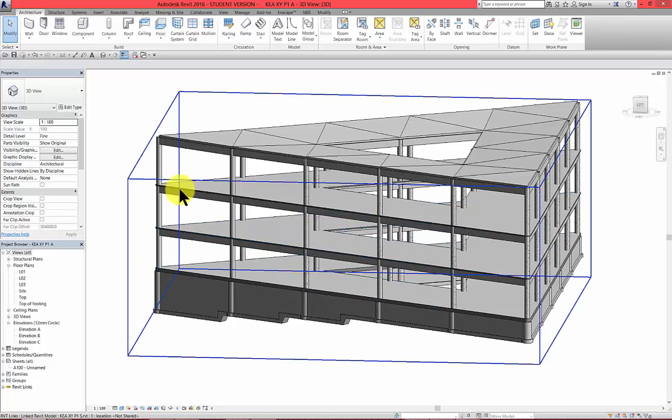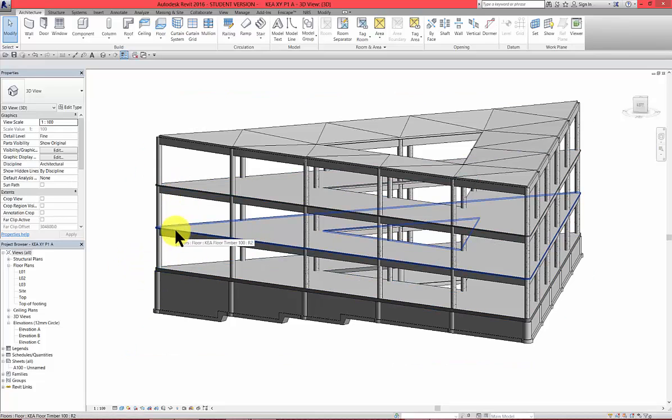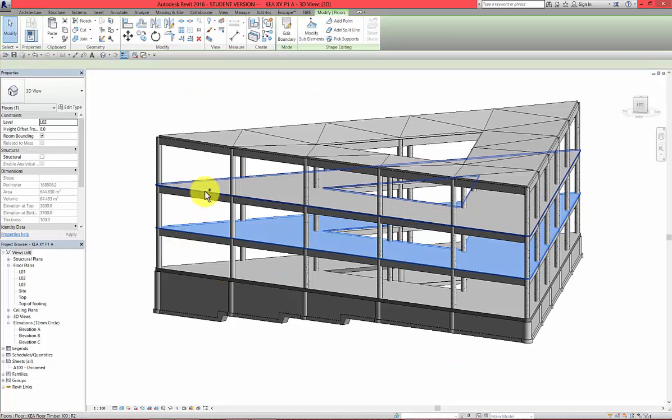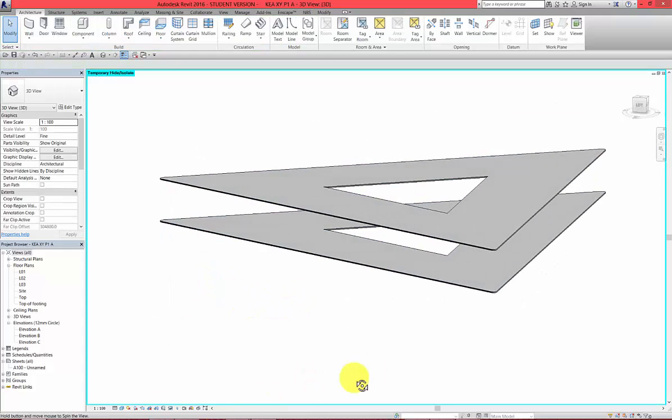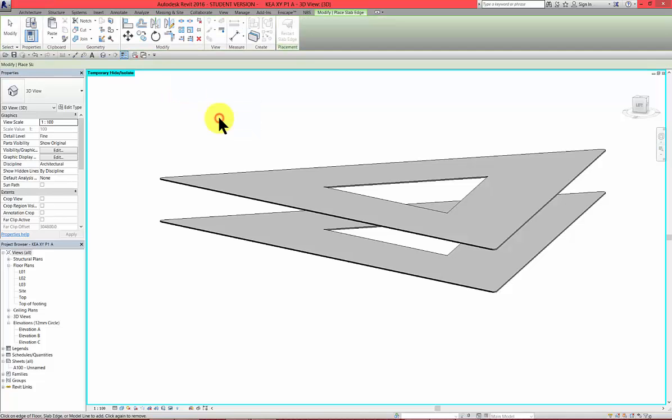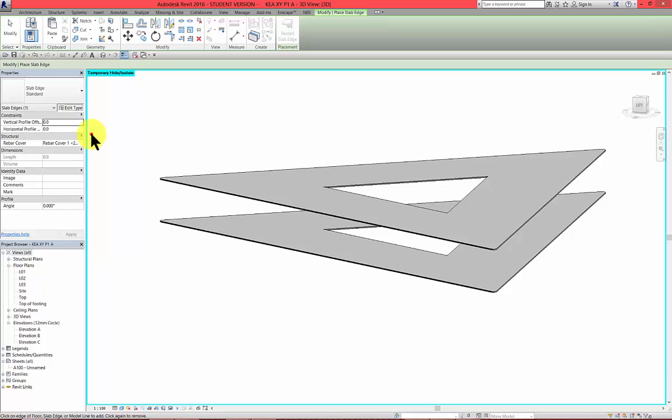That profile is just for this floor and that floor. So what we can do is select this floor and this one, and then press HI to isolate it, left click in empty space, then Architecture, Floor, Slab Edge,